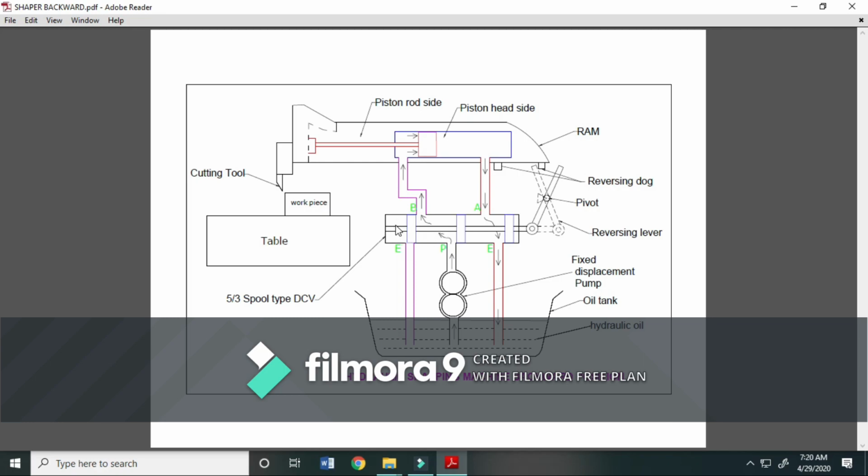Therefore, it will change the connectivity of port P and A and B, E. This will change the direction, and at the same time, it changes the stroke between forward and backward. In this mechanism, forward and backward stroke is changed automatically due to this lever mechanism. This is the backward stroke position.